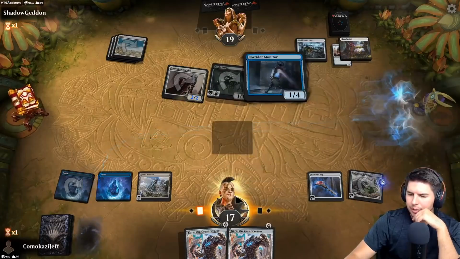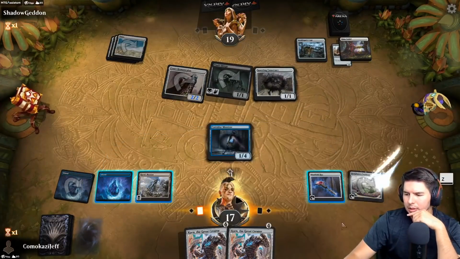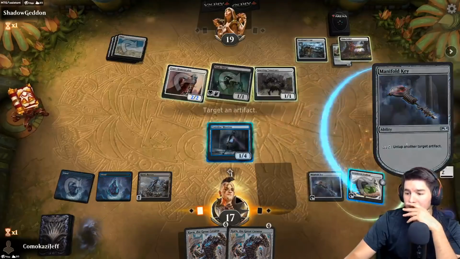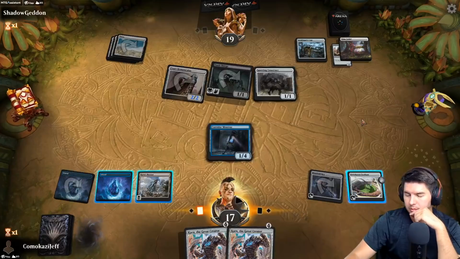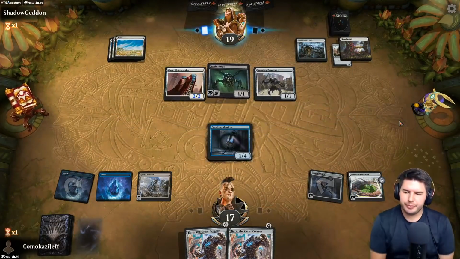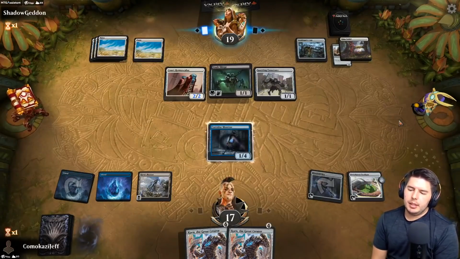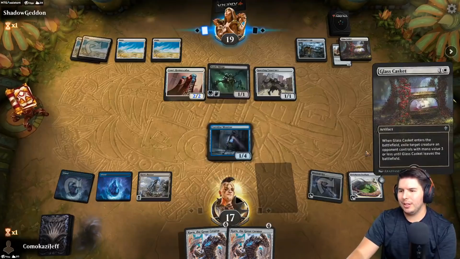Alright, Corridor Monitor. Untap Strixhaven Stadium. Manifold Key. Pass the turn. I mean, it's definitely not as good as going with Karn, man. All right, well,